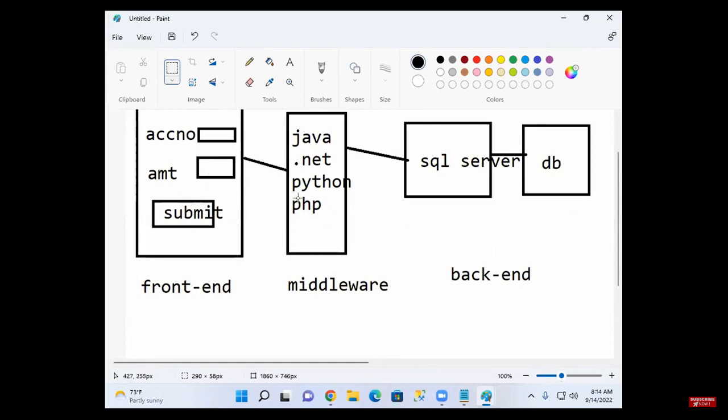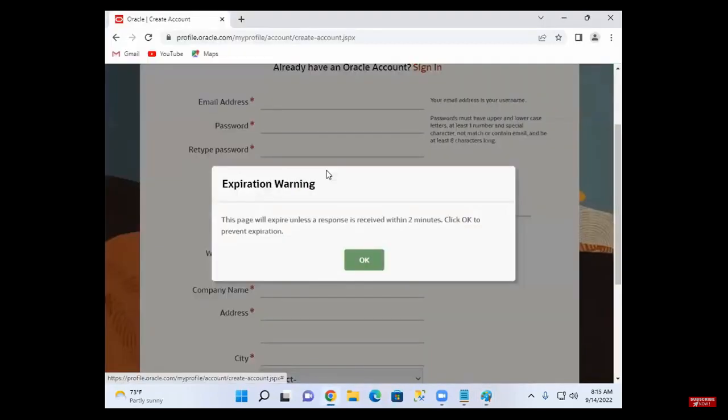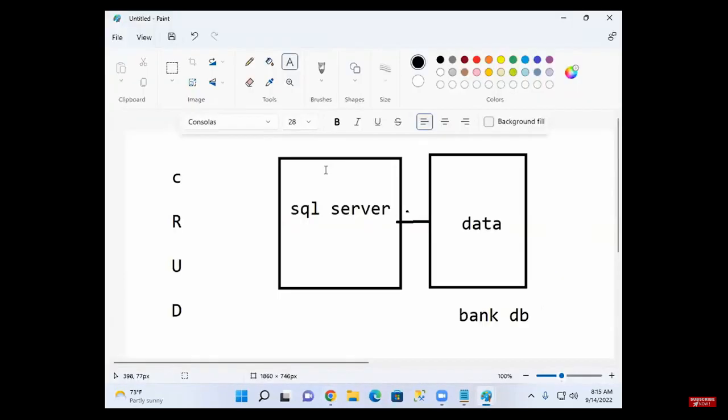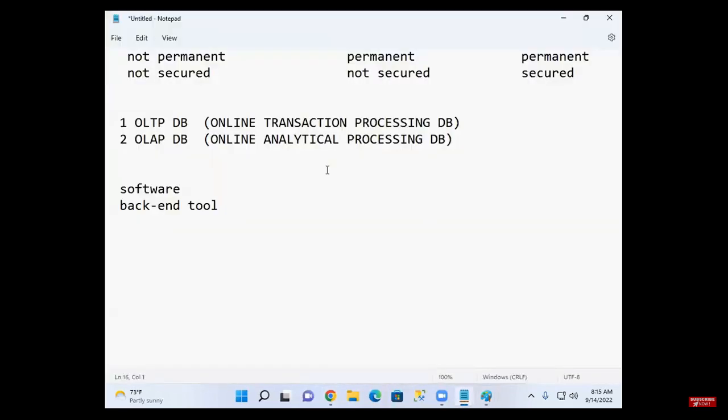Who? Full stack developers. Now, next. And only SQL Server is there in the market.